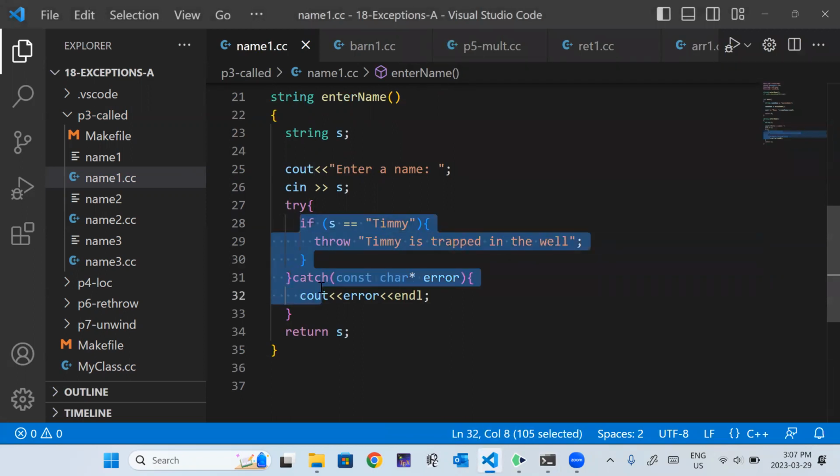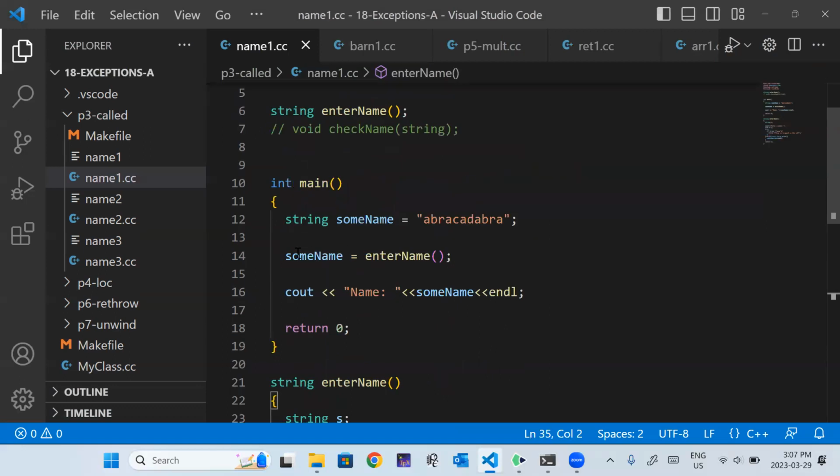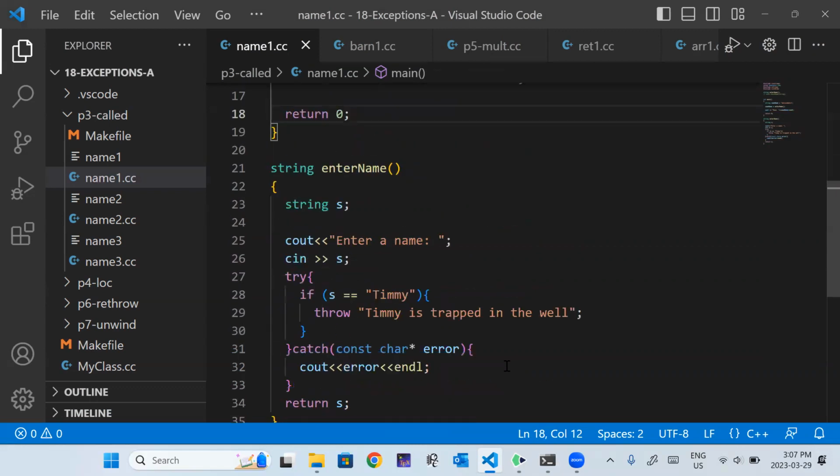If I have the try catch block here, well, I simply throw this, I catch it here, I pick up where I left off, and I still return this string S. So this piece of code still gets executed. Some name gets the name Timmy, and then I print out Timmy's name, and then I exit. Okay, so that's exactly what we would expect to have happen.